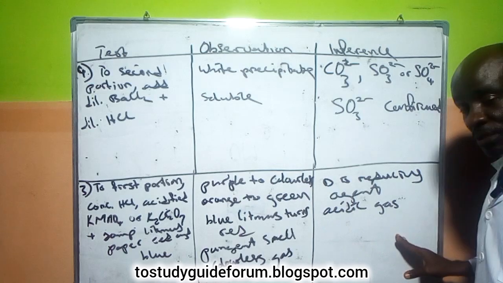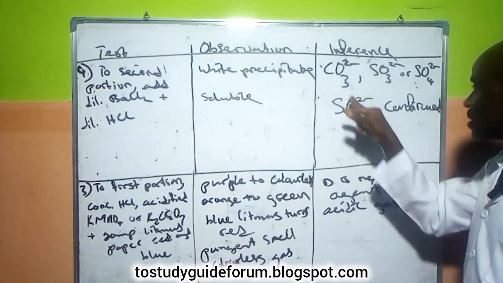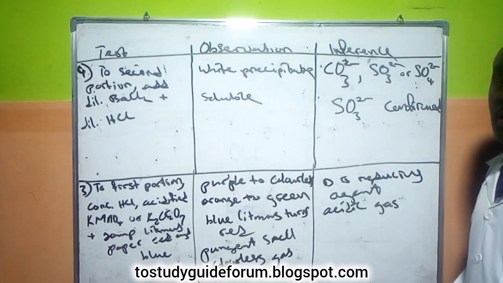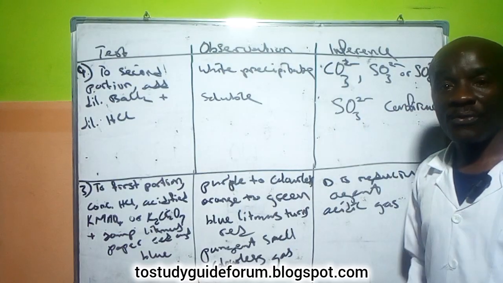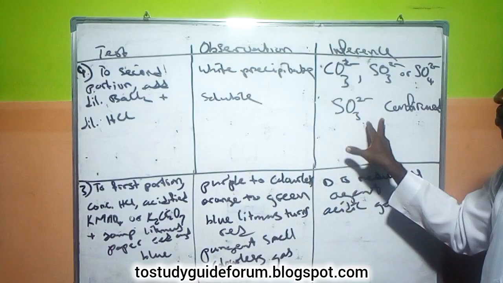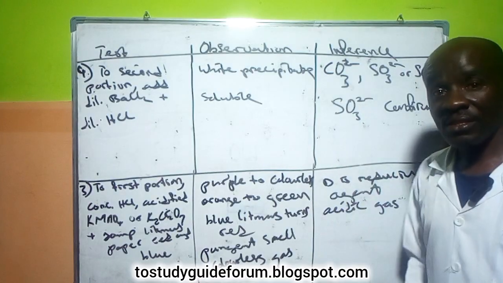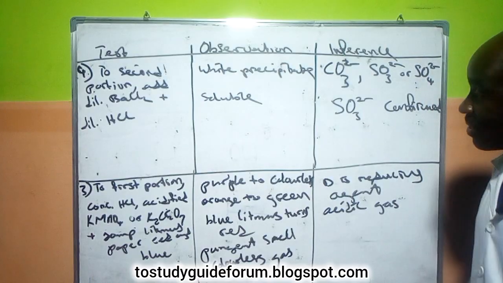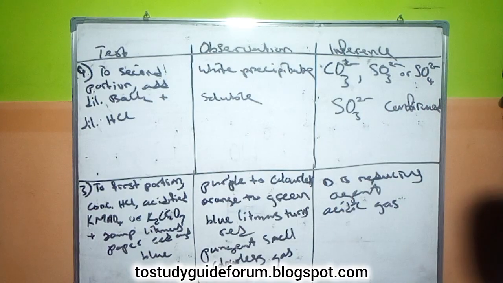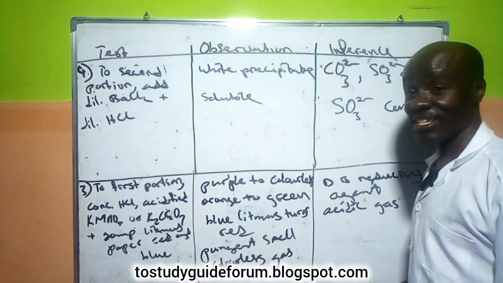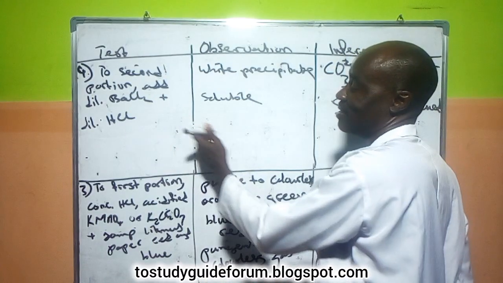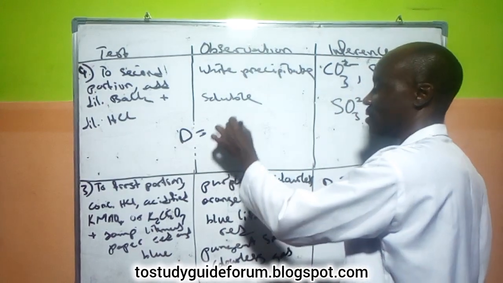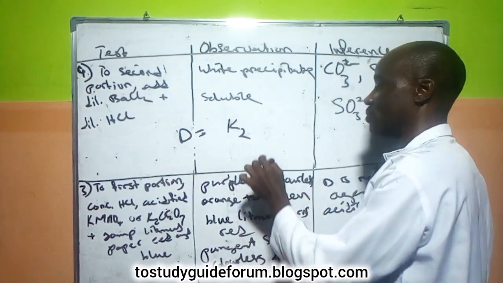So what it means here is that for the fact that this other one is a reducing agent, the only reducing agent here, it means that the trioxosulfate(IV) ion is what we have. Now if you look at that, I remember I told you, you'll be able to tell even from here now. You can easily tell the compound we're looking at, or the salt. The salt is just potassium